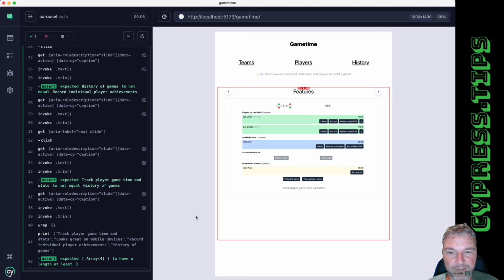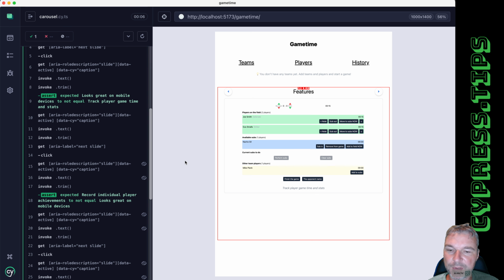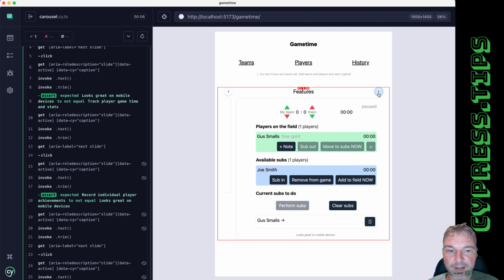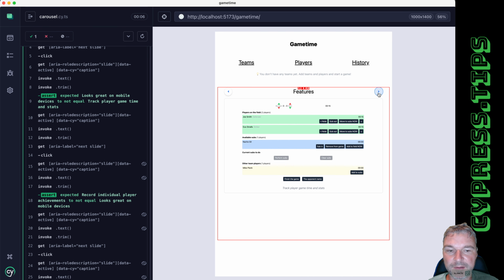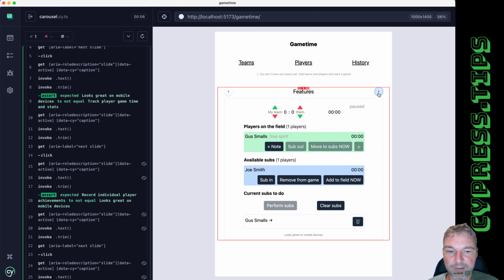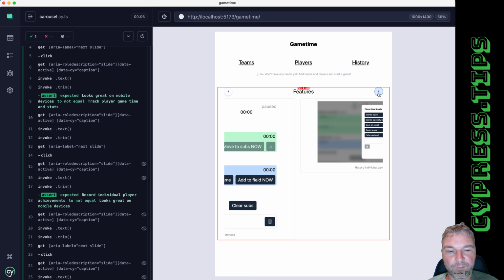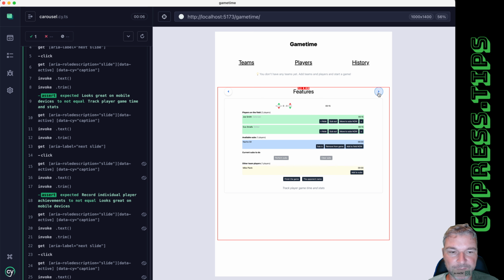So this was a cool example of using the Cypress Recurse plugin to validate a carousel where there is a little bit of transition, and you have to make sure you wait correctly for the transition to finish before you grab the new value and